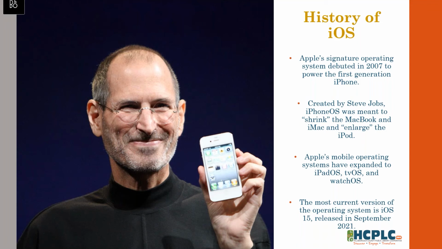That was the first wildly popular phone that was made for everybody to use. The BlackBerry was initially meant to be used by business people or people that needed to be connected at all times. The iPhone was the first device that was truly made for everybody. So it didn't matter if you were a business person or what, the iPhone was meant for everybody. It was created by Steve Jobs, who's on the screen there. I know a lot of us are familiar with who Steve Jobs is. And iPhone OS is what it was originally known as.